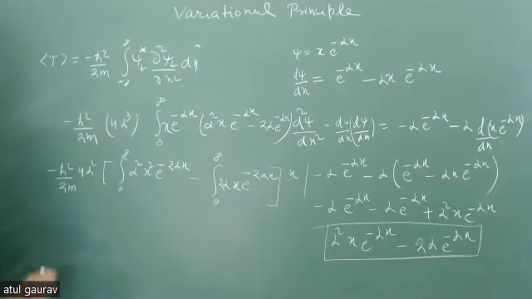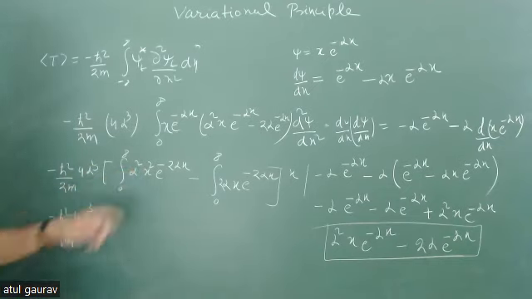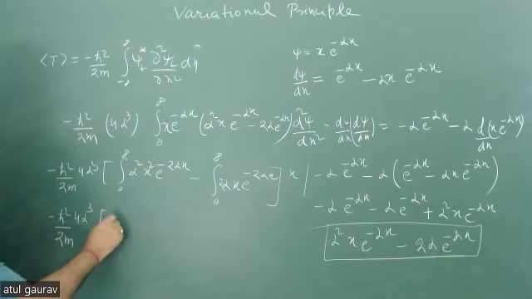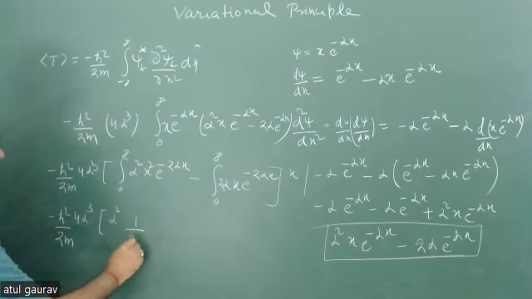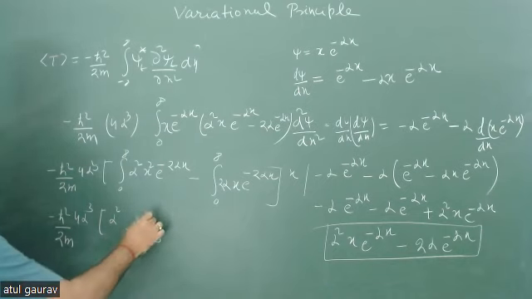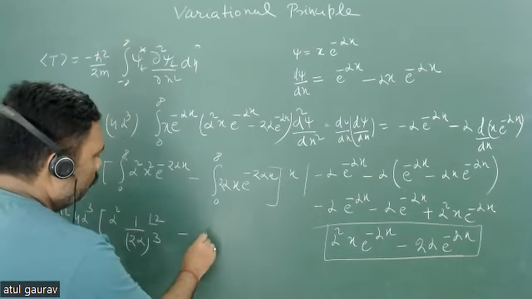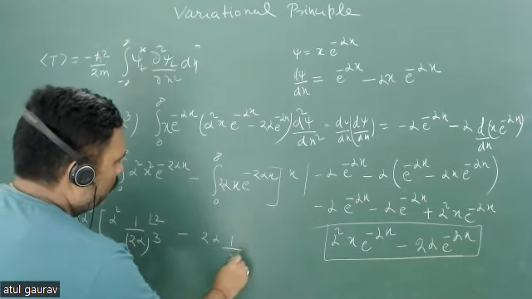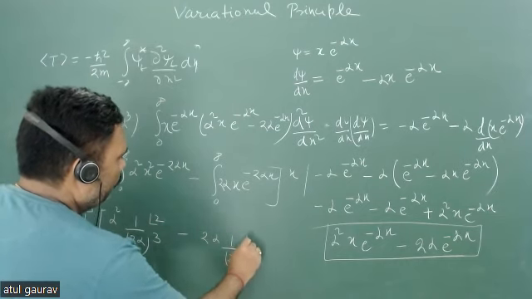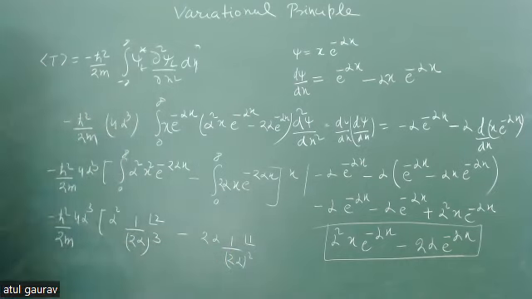Now we have to just go for this. So minus h cut square upon 2m, 4 alpha cube actually. 4 alpha cube. And what will be this integral? Alpha square, 1 upon 2 alpha to the power, क्या हो जाएगा ये? क्यूब, फैक्टोरियल 2 है ना, minus 2 alpha, 1 upon 2 alpha square, फैक्टोरियल 1. ठीक है,